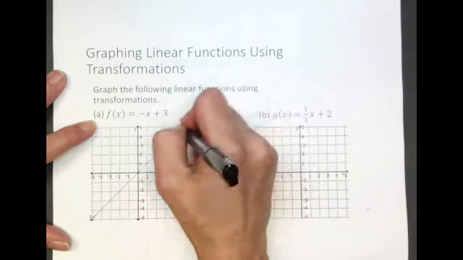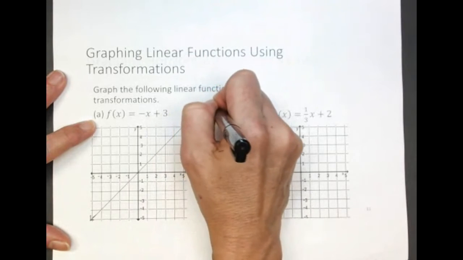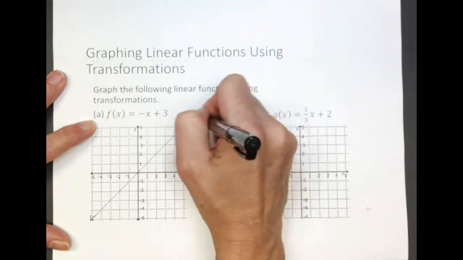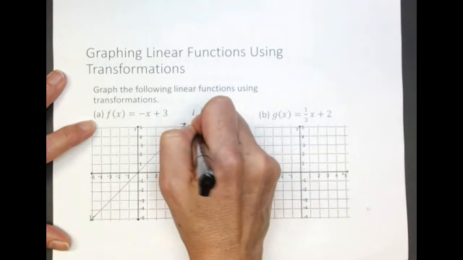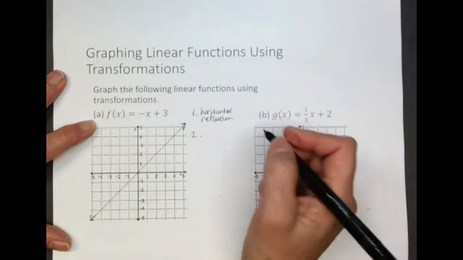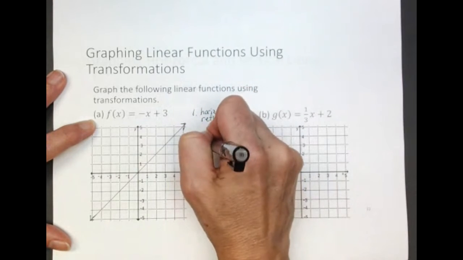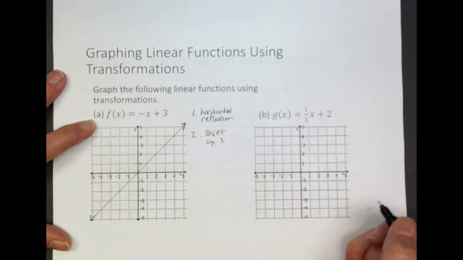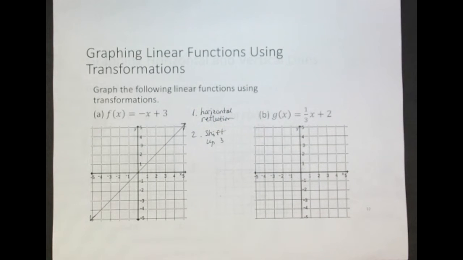And then what else is happening? Let's write that down. The first transformation, horizontal reflection. The second transformation looks like a vertical shift. I might say that's shift up 3. Okay, so the horizontal transformation. Now let's put our